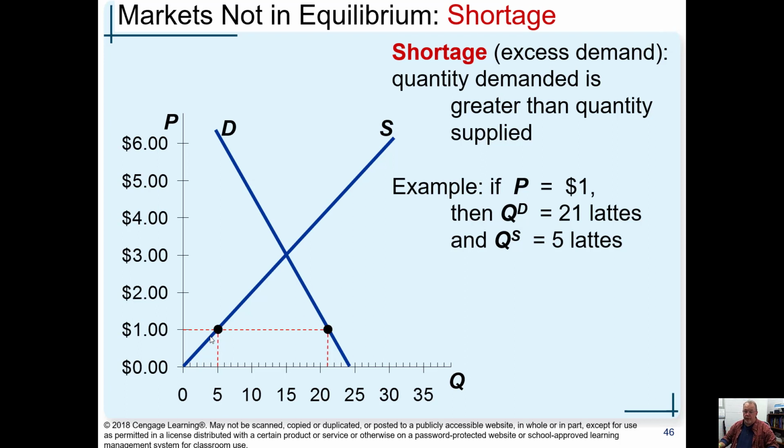Now, the consumers want 21, but they're not going to get them because the sellers are steadfast. That's what they're willing to do. Now we have a situation where there's a shortage of goods, and the only way to deal with that is let the consumers bid for them. If there's a shortage of goods, the consumers can fight it out among themselves, and the price will eventually move